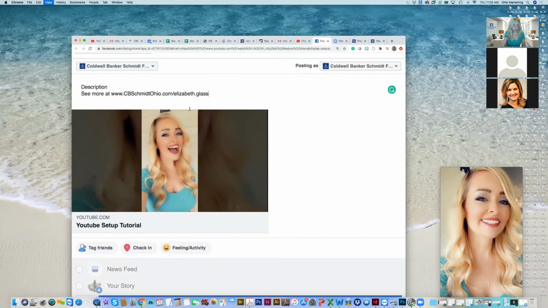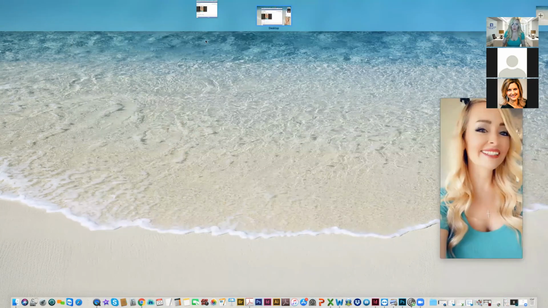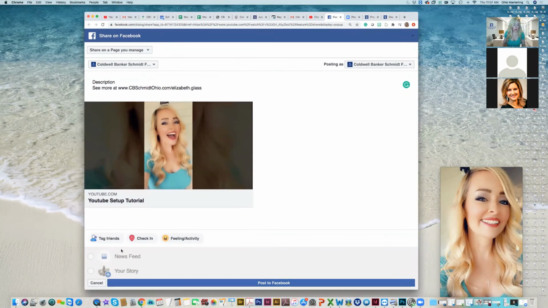Now, as far as posting, when I scroll down here, I've got some more options. Let's scroll down here. So I can tag friends. If I click on this, I could, for instance, look up, let's see here.